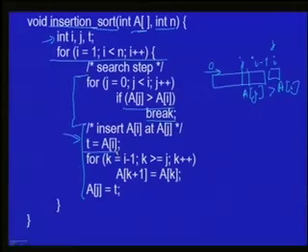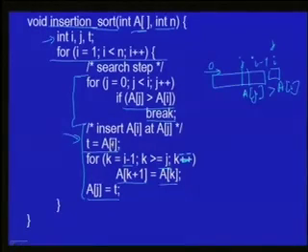So we first move the value of ai to a temporary variable, and then for all locations of the array starting from i minus 1 going back right up to j, this should be k minus minus instead of plus plus, we move the value of ak to the location ak plus 1, and so all the elements of the array starting from i minus 1 and going back up to j get shifted one place, right? And then finally the location aj is given the value t, which was the original value of ai.